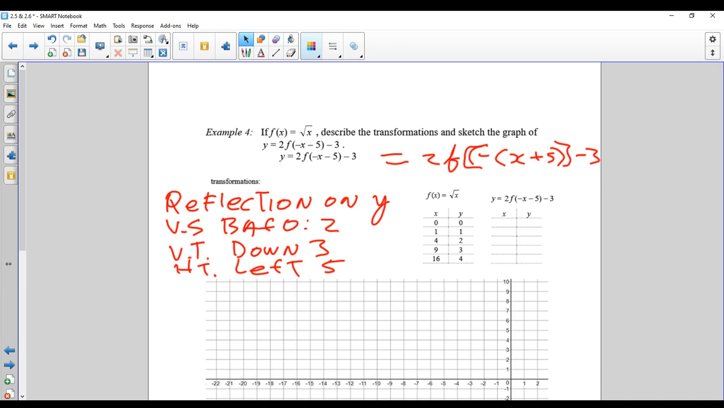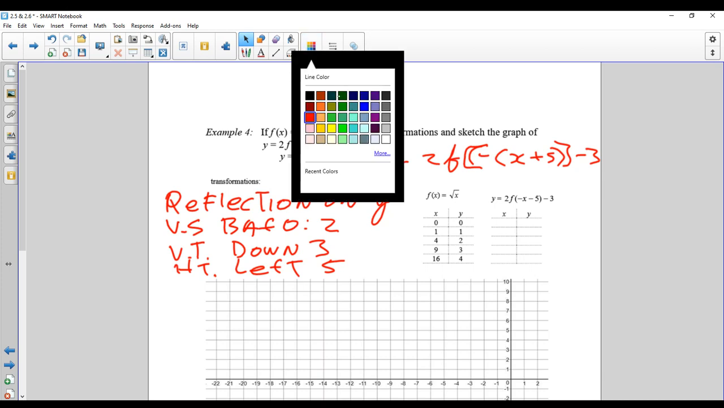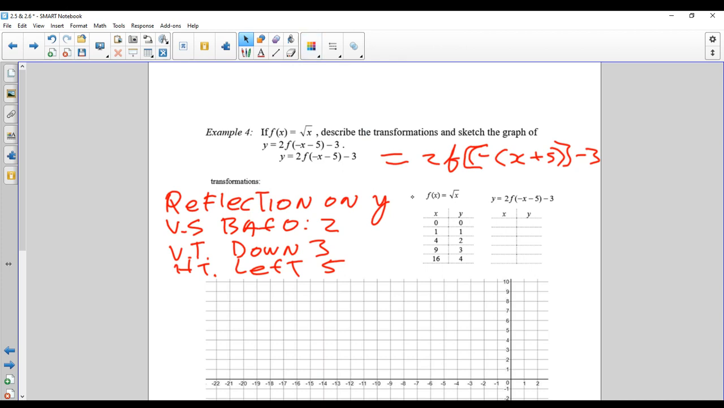So where do I put that now? Let me put that in. Can I change the color here? Hopefully I can. So this affects the x. Oh, it does work. Okay, perfect. The vertical stretch by